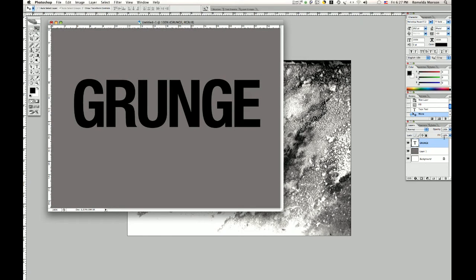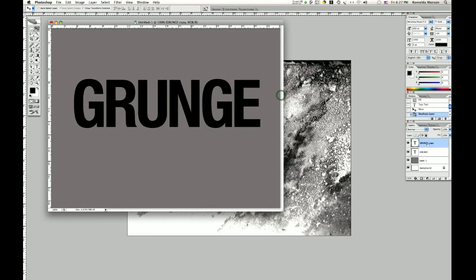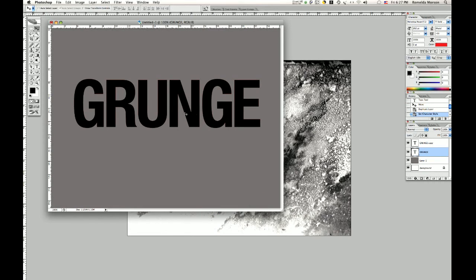Okay, and then I'm just going to duplicate this layer because I want to have the black on top. And then I'm going to change the text color to red, just so we can see it, and it's going to be pretty obvious. So what we want is the red from the second layer to come through the black